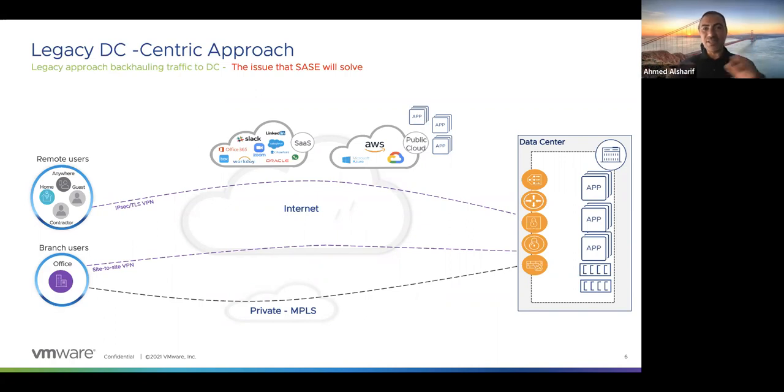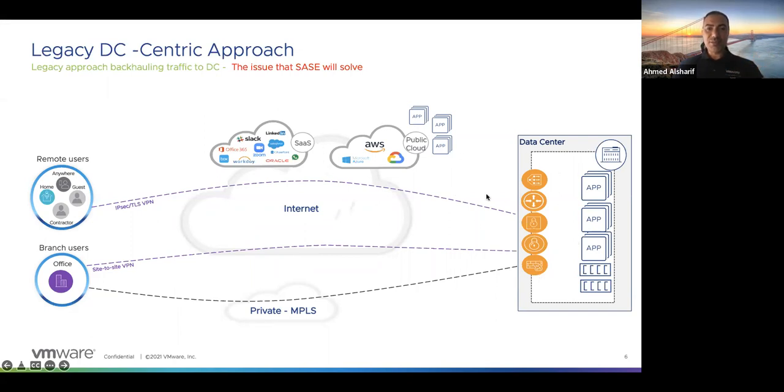Now, if you are presenting this to somebody and the C-level is leaving the room, it's not super important because you already sold him the idea of modernization, the business outcomes, and the journey to SASE. Now, this is for the IT manager or somebody technically needs to understand what's going to happen. What's the actual problem that SASE came to solve? Let's see what's happening. We talked about the major customers now have more users outside than the inside and more applications outside than the inside.